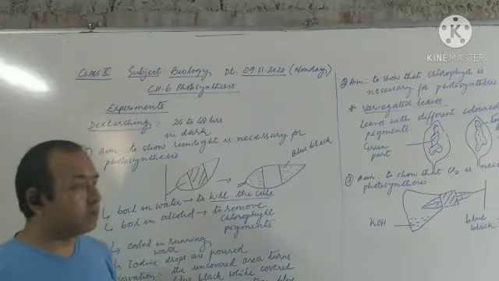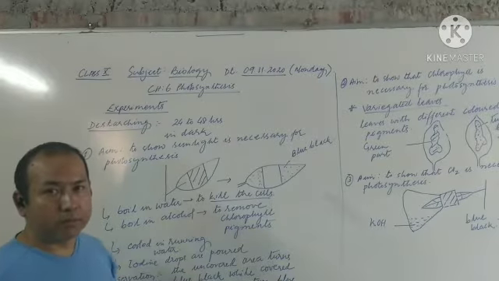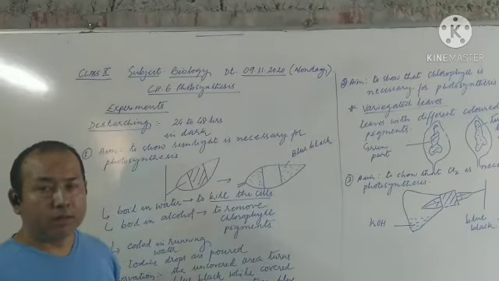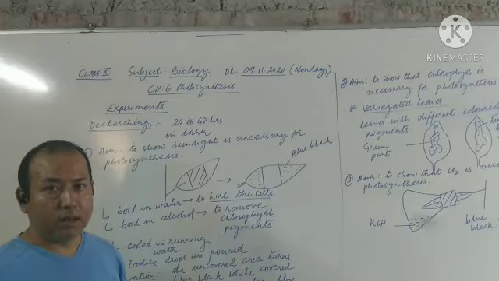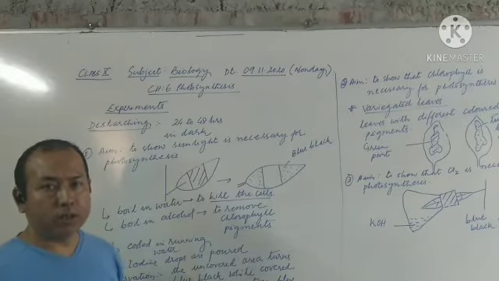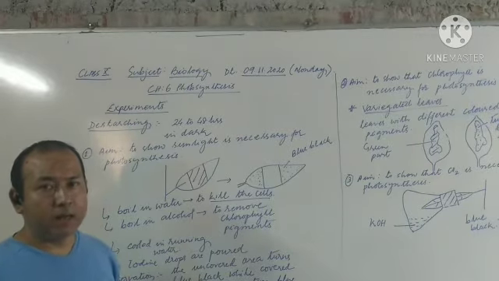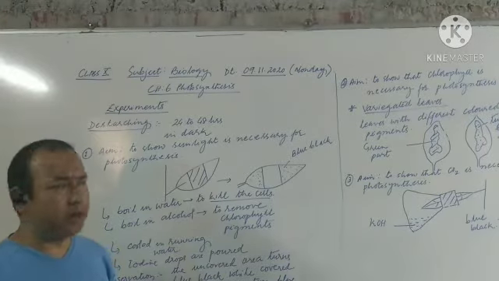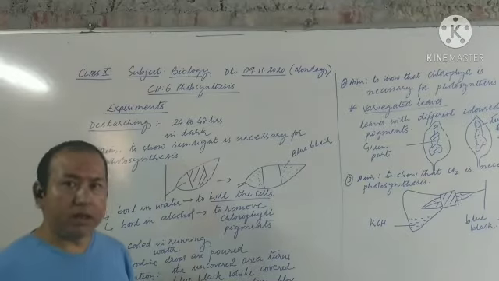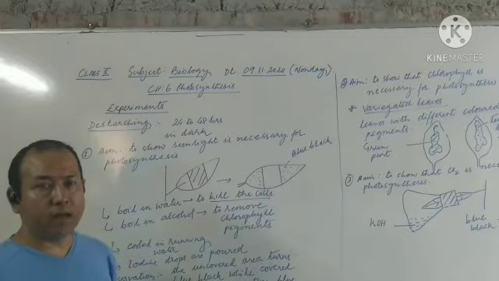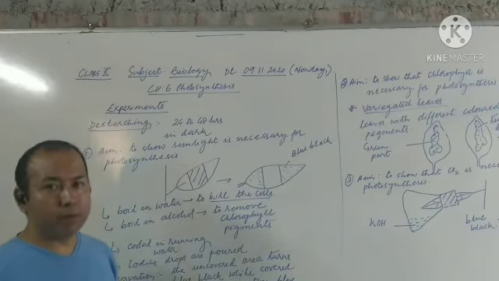After keeping it for a few hours, this leaf is plucked, and then we boil the leaf in water. The reason is often asked: why is the leaf boiled in water while performing the experiment related to photosynthesis? The answer is to kill the cells. Then after that, it is boiled in alcohol or methylated spirit, methyl alcohol particularly. The reason has been asked many times: why is the leaf boiled in methyl alcohol? The answer is to remove the chlorophyll pigments.